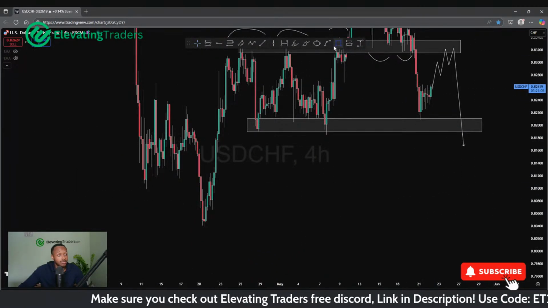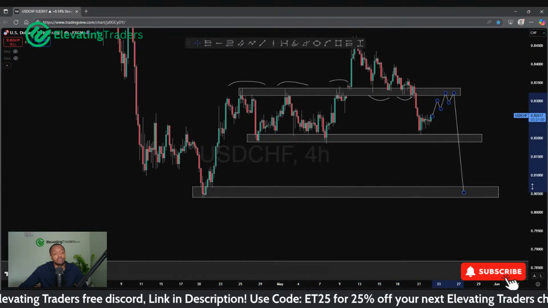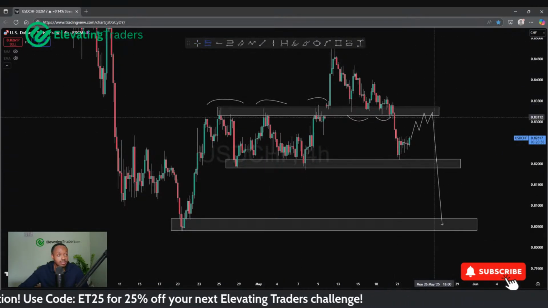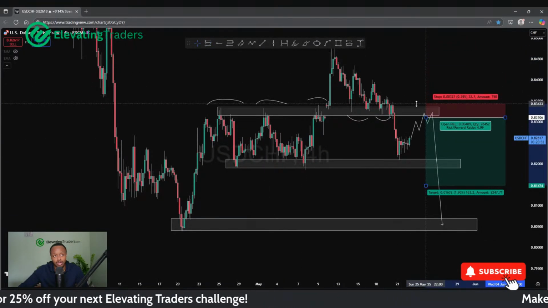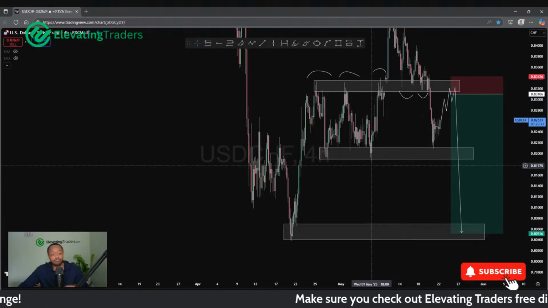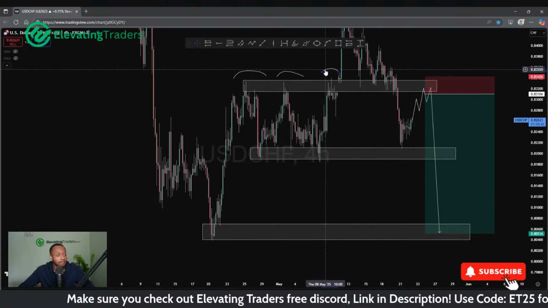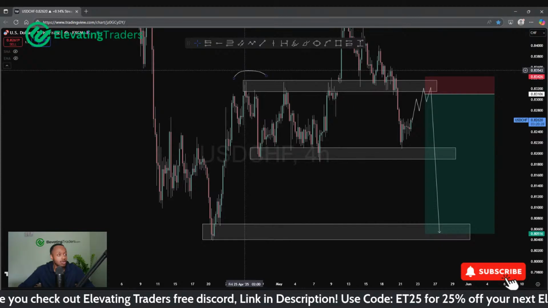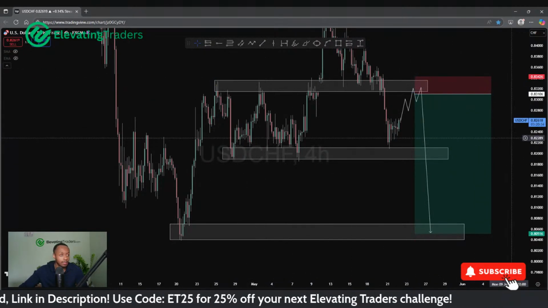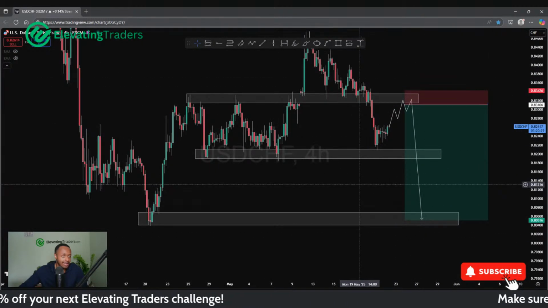And if you can get the break of support, maybe you can hold on for a swing all the way back to the lows there as well. So I would argue that the risk is probably worth the reward with this one. You can get a fairly tight entry and stop loss, perhaps on the hourly chart. You could be looking at some really big risk reward plays here for dollar CHF. So I actually do like this opportunity. I'll keep an eye on that zone because that's really where I'd want to short from, 0.83200 we'll call it. And as long as we can respect that, I do think dollar CHF is likely to fall.